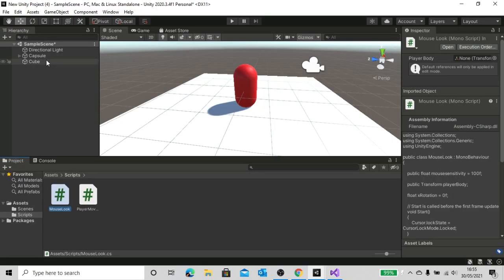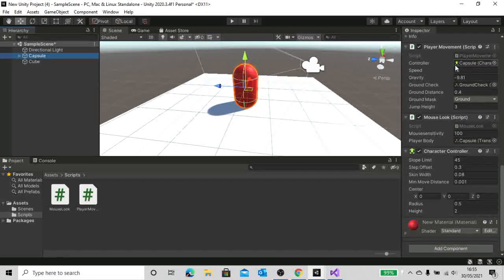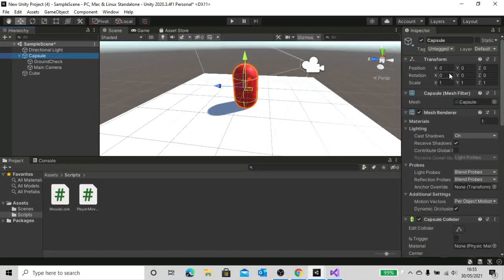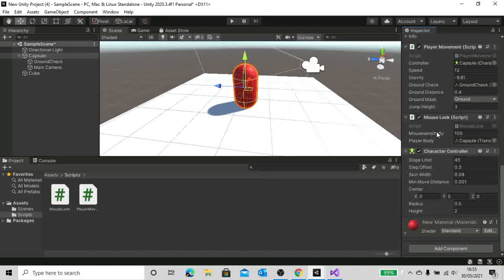So on your player, if we go down to player movement, we've got our controller, which is here, and we've got ground check, which is here, and I've set ground mask to ground by making a new layer up here, ground, and also mouse look, player body is over here, so I just drag that, put it in there, and